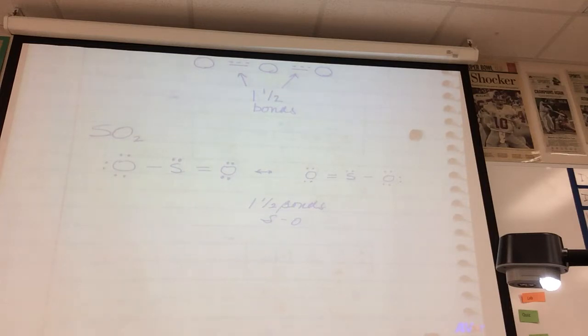So then when you draw the one with the dotted line, you don't put the lone pairs because... I just didn't. I was lazy. You wouldn't actually draw it this way. It just shows 1.5. Oh, so that's not the answer? No. Wait,